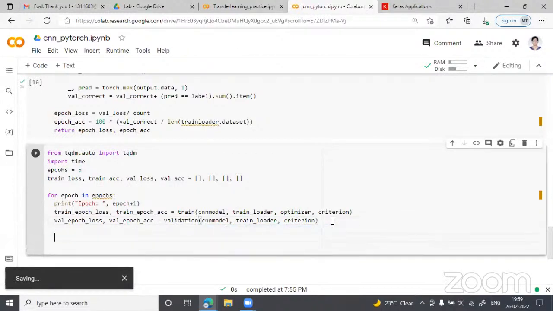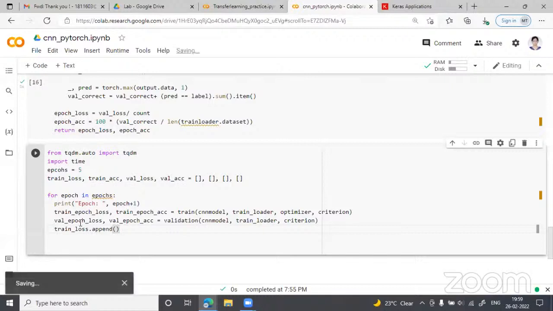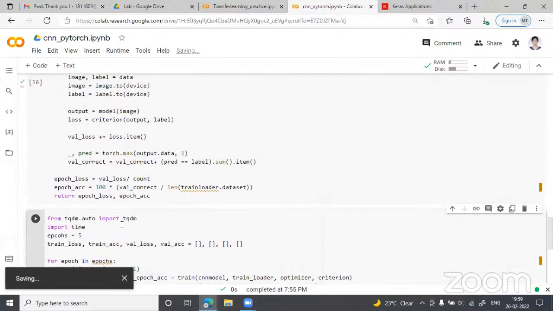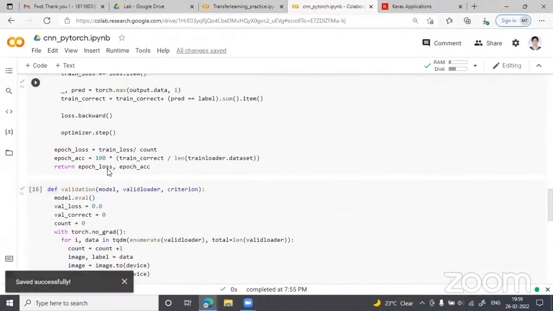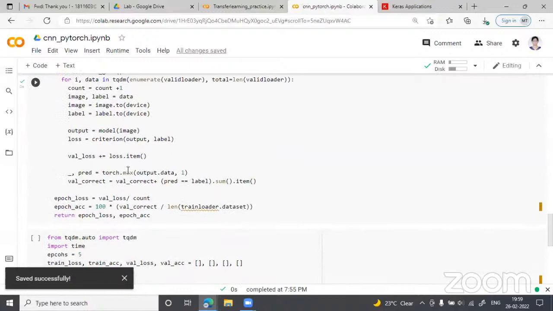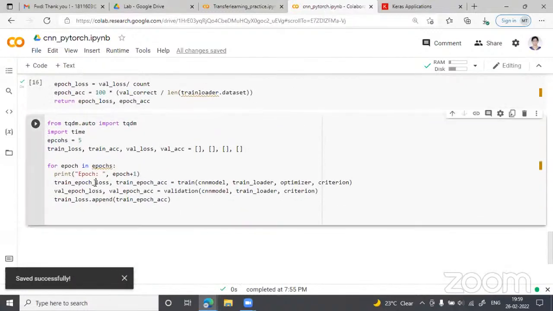Then we have to add these losses in these lists so that we can further plot the graph. So train loss is a list, so we can append the data in it. In train loss, we can have train epoch loss. As we are returning loss first, then accuracy, so it will give us loss first, then accuracy. So in train loss, we have to append the loss,